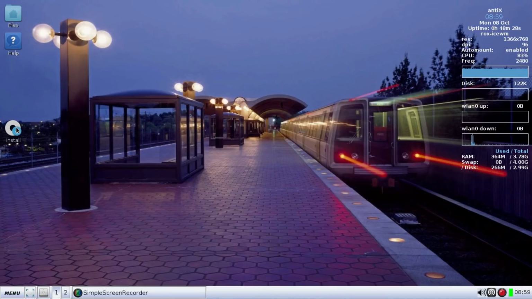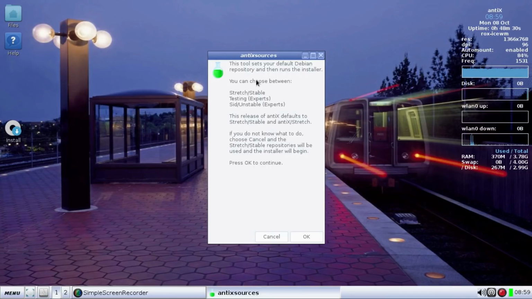So let's single click here in Antix. So I'll just click on install. You can choose between Stretch Stable, Testing for experts, SID Unstable, which is for experts. Let's see, if you do not know what to do, choose Cancel, and Stretch Stable repositories will be used and the installer will begin. Well, I might just go for,